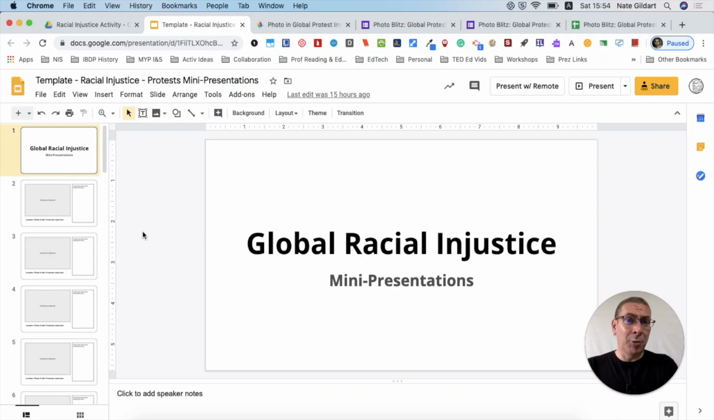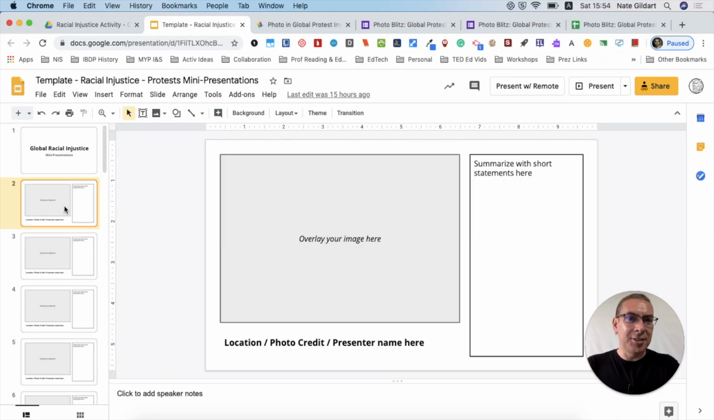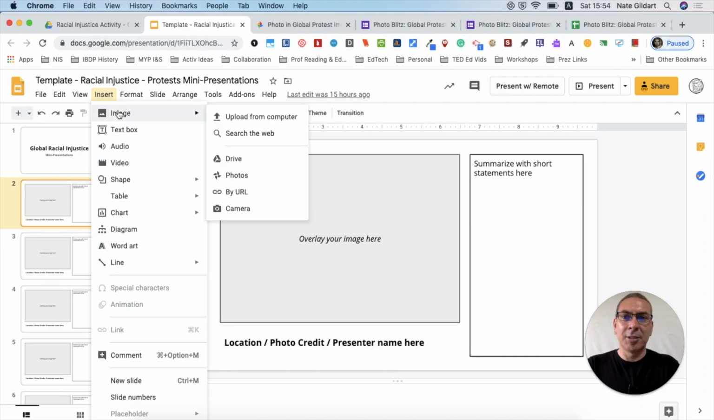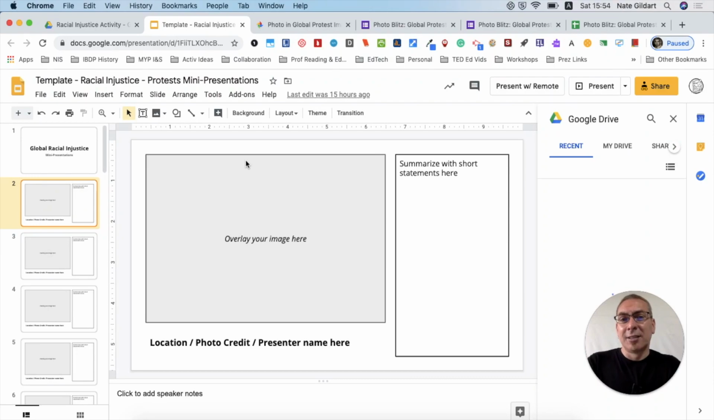And one other thing you might want to do is have each student do a very short, very brief in-class presentation. Simply create a Google Slides slide deck or download this template from the resources. Assign a slide to each student, and they can summarize their events, and they can give the location and the photo attribution here. And all they have to do is click Insert, Image, and if you've shared the Drive folder with them, choose from Drive,